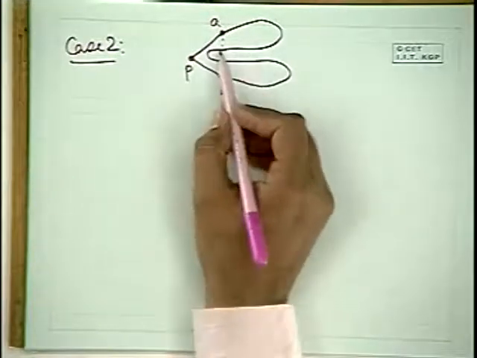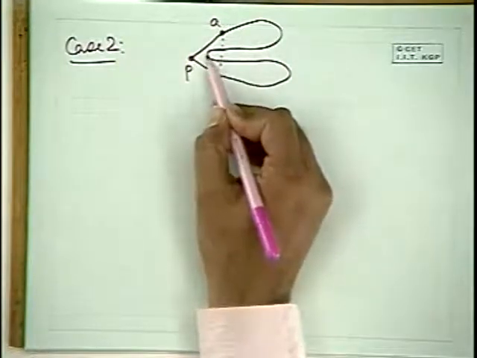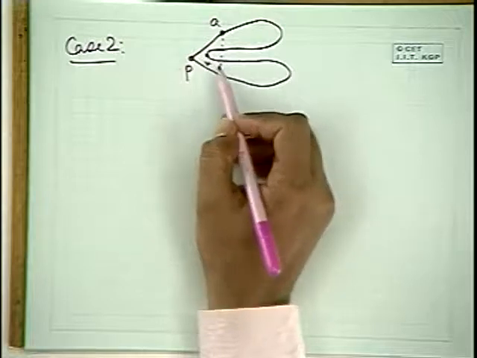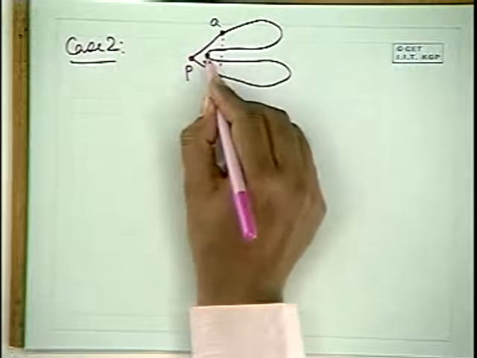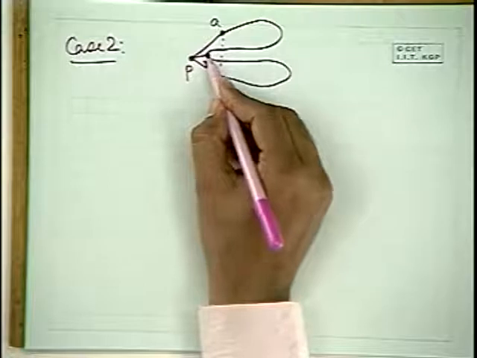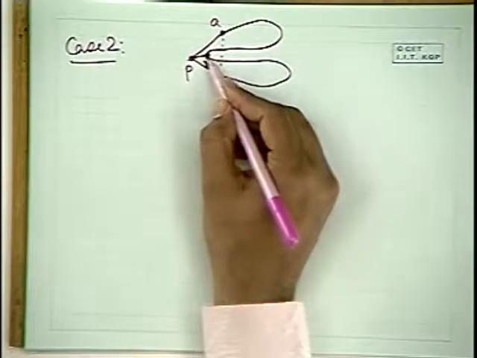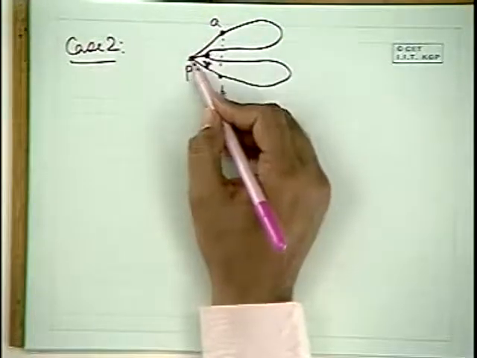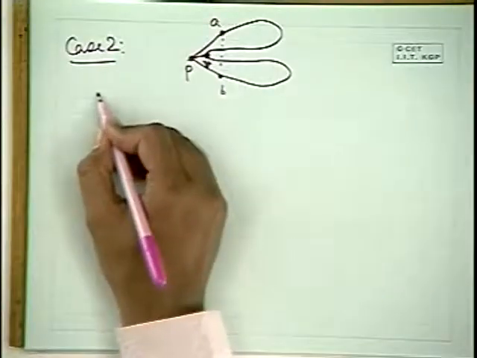So in this case, what you do, since the boundary is intersecting the segment AB, on that boundary there must be a vertex, say V, which is leftmost. Like here, what I have just drawn. There is a vertex V. And you join P and V with a chord. And I'm sure that the segment PV cannot be intersected by the boundary. Because if it does, then there will be another vertex which is nearer to P than V. But we have chosen V such that it is the nearest to P. So you draw PV,